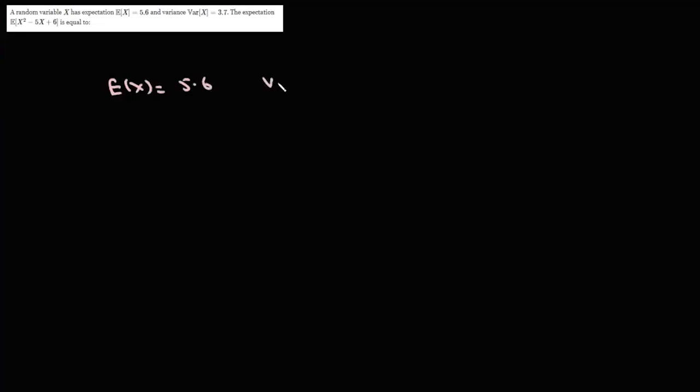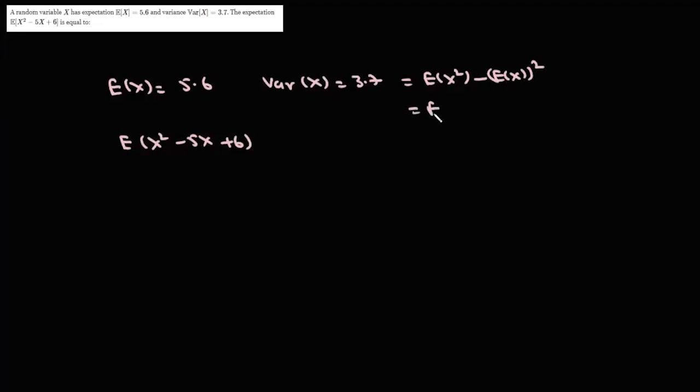5.6 है और जिसका वेरिएंस 3.7 है। अभी कहता है कि ये एक्सपेक्टेशन निकालिए, एक्सपेक्टेशन ऑफ x स्क्वायर माइनस 5x प्लस 6। अब वेरिएंस ऑफ x कितना? वेरिएंस ऑफ x होता है आपका एक्सपेक्टेशन ऑफ x स्क्वायर माइनस एक्सपेक्टेशन ऑफ x होल स्क्वायर। तो ये हो जाएगा आपका एक्सपेक्टेशन ऑफ x स्क्वायर माइनस और ये कितना 5.6 स्क्वायर। तो यहां से हम लिख सकते हैं कि एक्सपेक्टेशन ऑफ x स्क्वायर का जो वैल्यू आएगा वो आएगा आपका 3.7